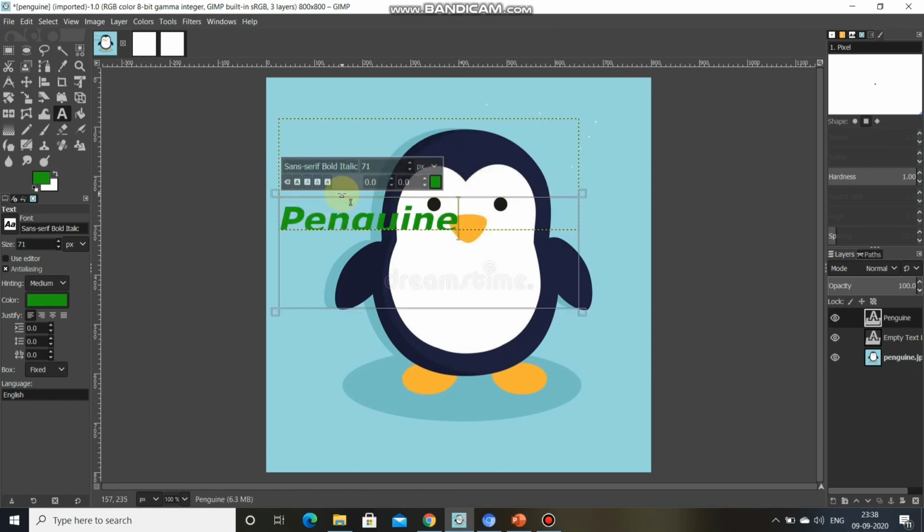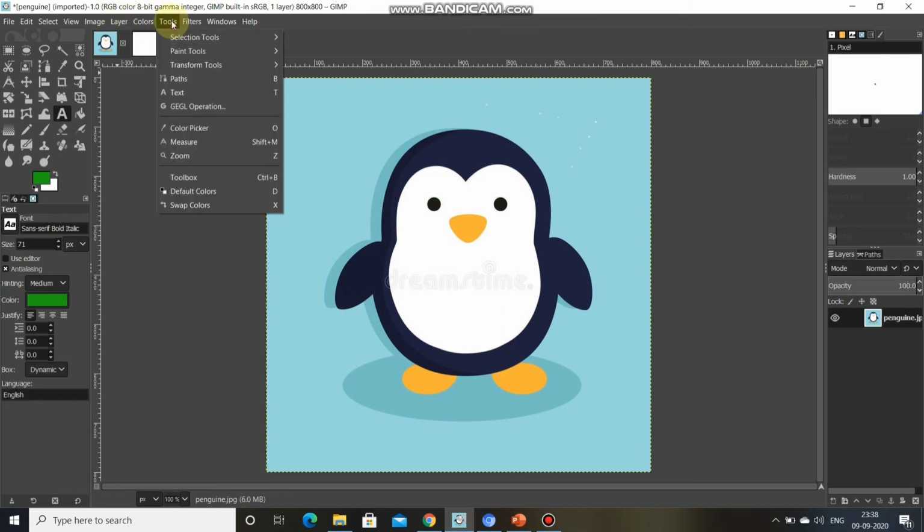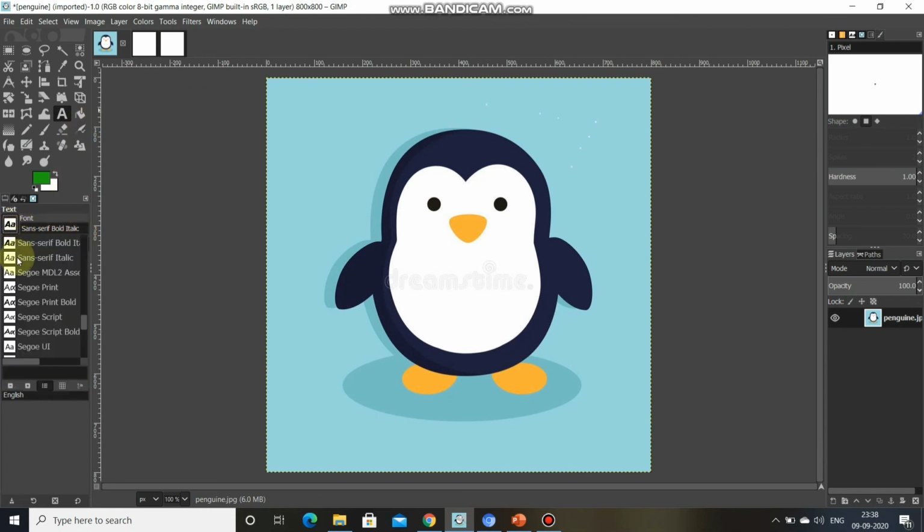Again I'm telling you, let me remove this all. What we have done, we have clicked on tools first, then on text. From the text box we have selected the font, which font we want. There are some font styles, so if I want a font like this, okay.